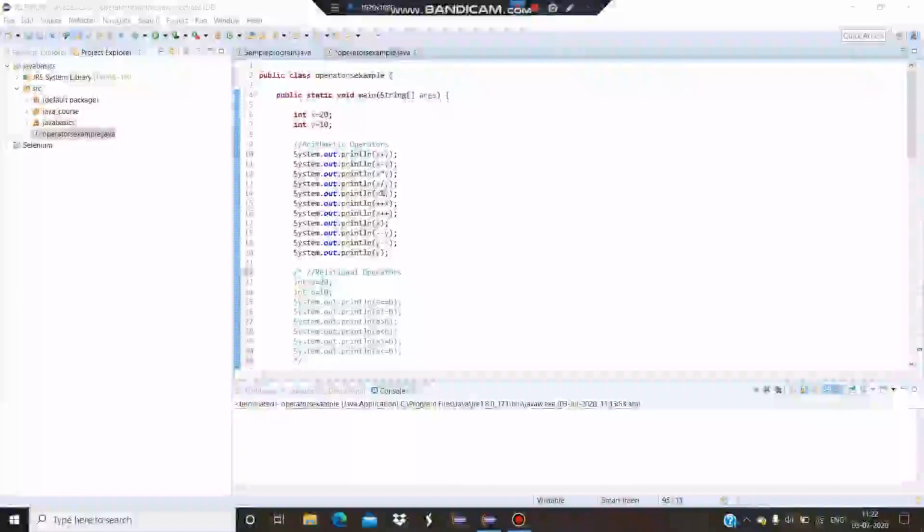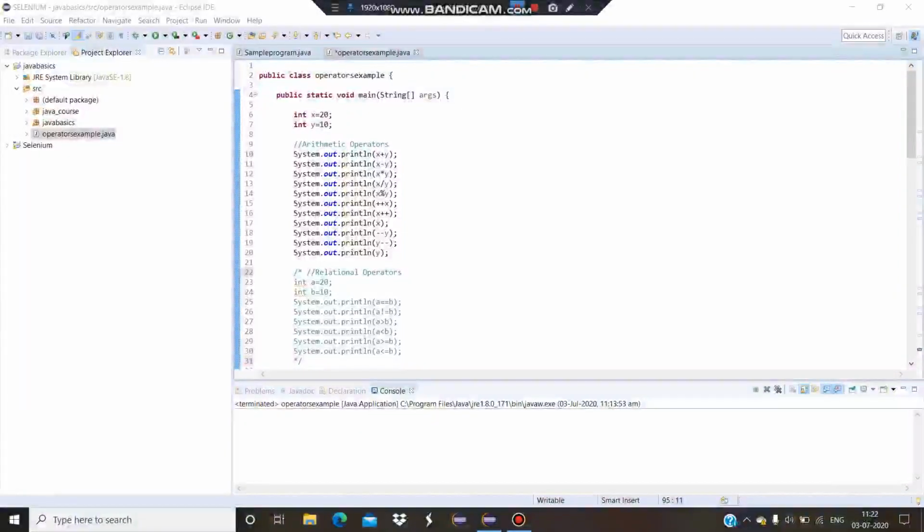I have illustrated a class called OperatorsExample to give a view of the different types of operators with certain examples. For the time being, I have written all the operators for you, but I will show you the result one by one for each and every operator, and how it works. So, what are we waiting for? Let's move on to the types of operators.